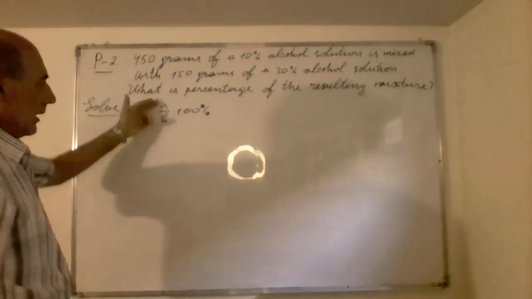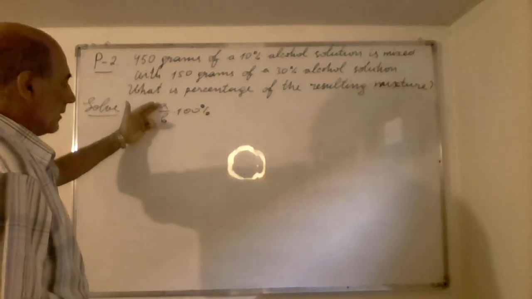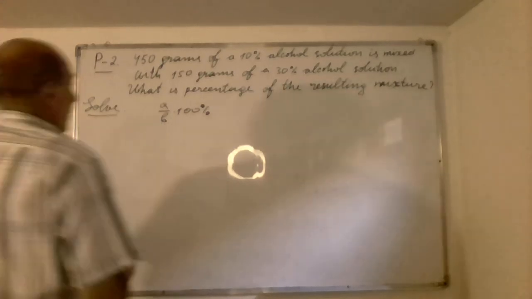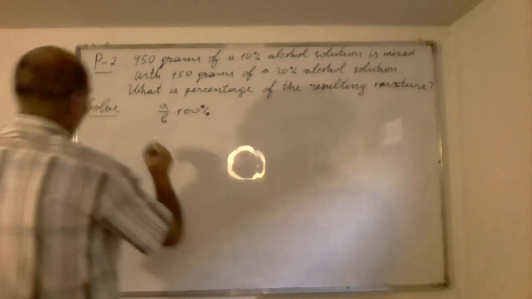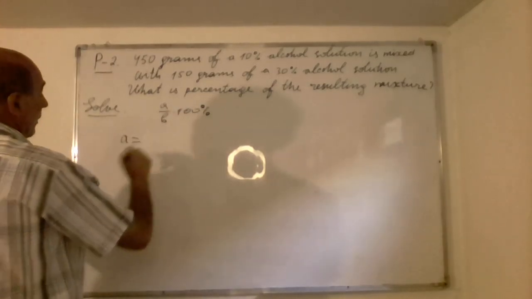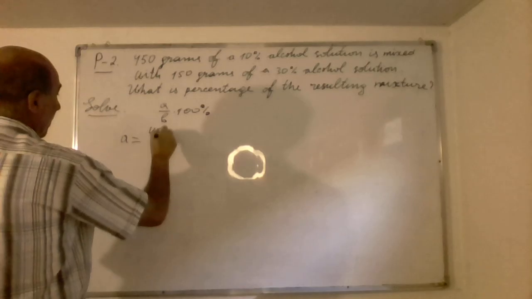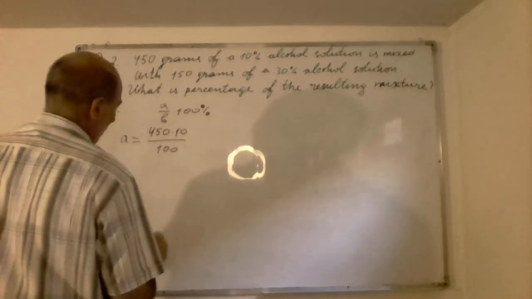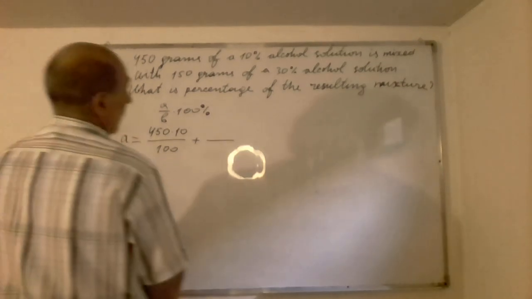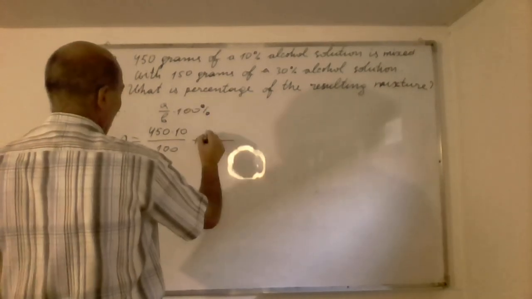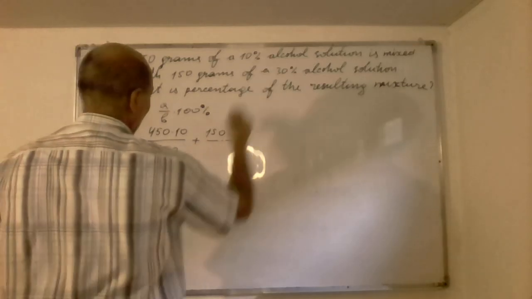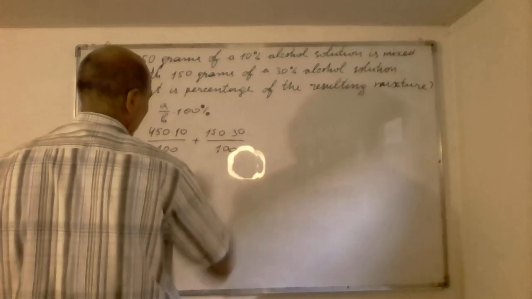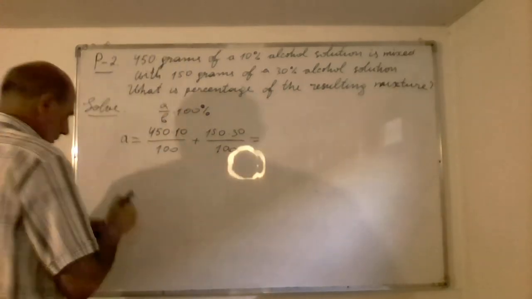We know that A is the amount of a homogeneous substance, B is the amount of solution. And so we can write A equals 450 times 10 divided by 100 plus 150 times 30 divided by 100, which equals